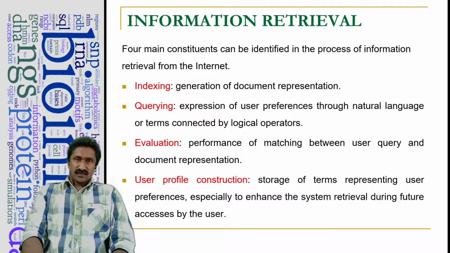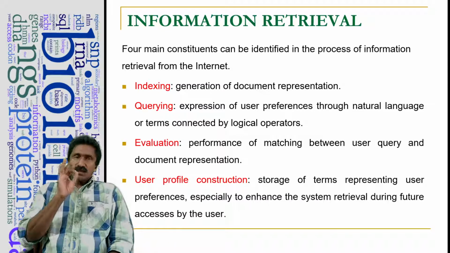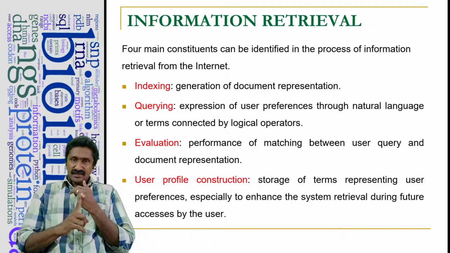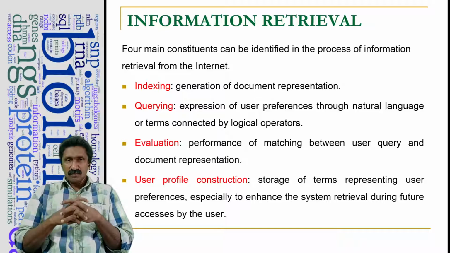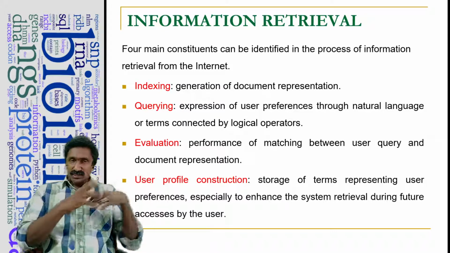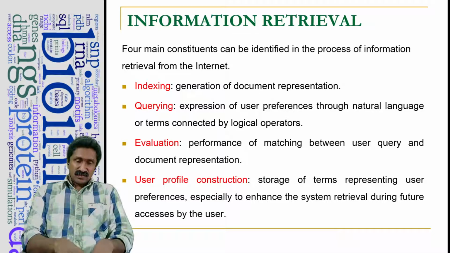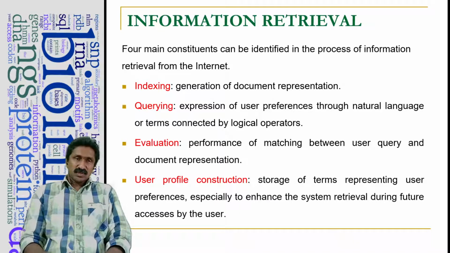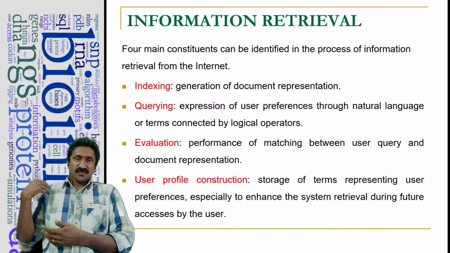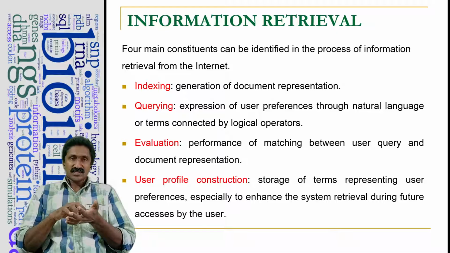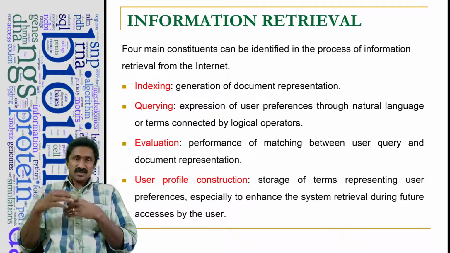the internet. Now, four main constituents can be identified in the process of information retrieval from the internet. One is indexing. Indexing is the generation of a document representation. For example, there may be millions of web pages or such documents in the internet. So you know that when you type some query term in the Google search box, it will automatically suggest a list of query terms. By typing a few letters, it will give you a list of query terms or such